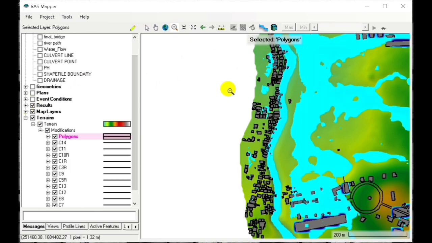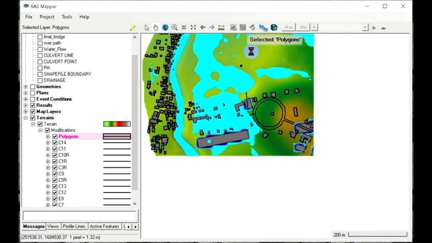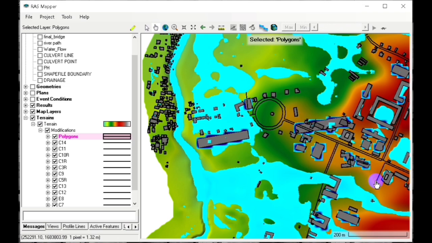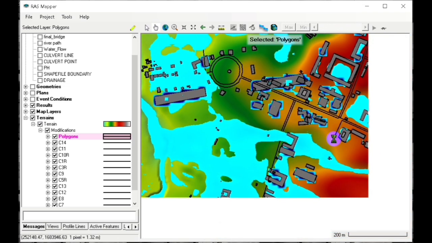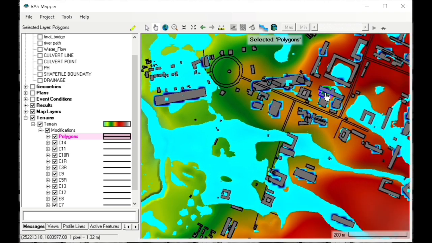So we can observe here that the flood that's near or beside the buildings are deeper compared to the other areas.